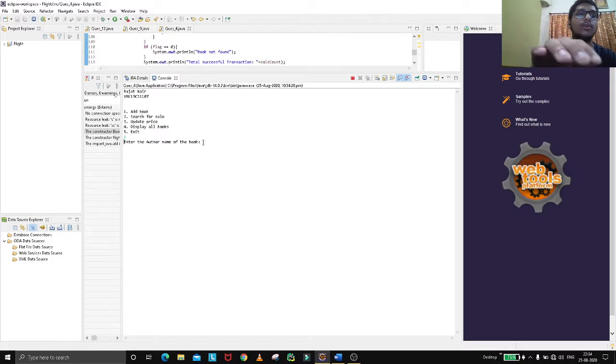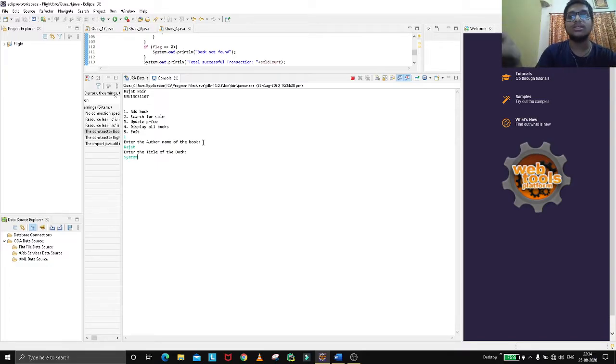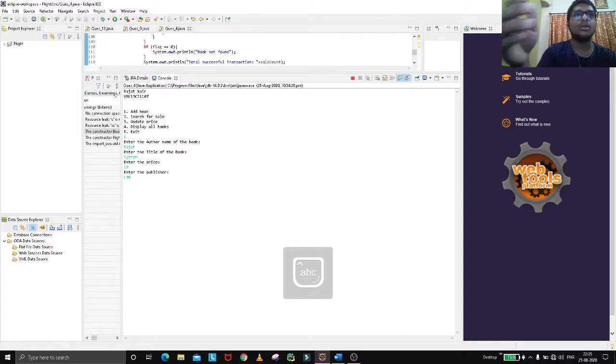So if I provide Rajat, the author name is ready. Title, any title, the title of the book is system. Enter the price, like 27, you can give 27. Enter the publisher, any publisher you want from your side. Enter the stock, 23 items only. So here is the book.